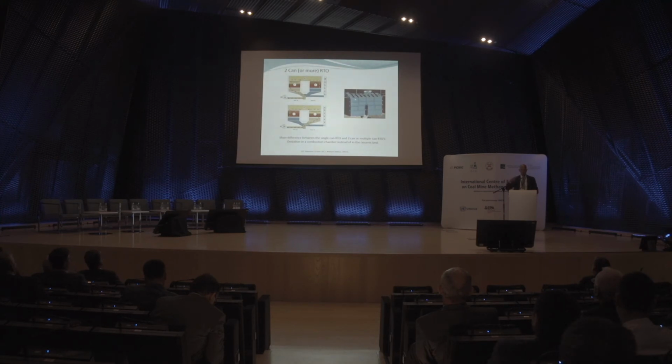Now, that was a single can oxidizer. You can also split it up. So you take half the bed, you flip it over, and you have a combustion chamber in the middle. And then typically you don't start it with electricity, you start it with a flare. So you heat the combustion zone up to 1,000 degrees, you pass the ventilation air through, going back and forth, and then you have the same principle.